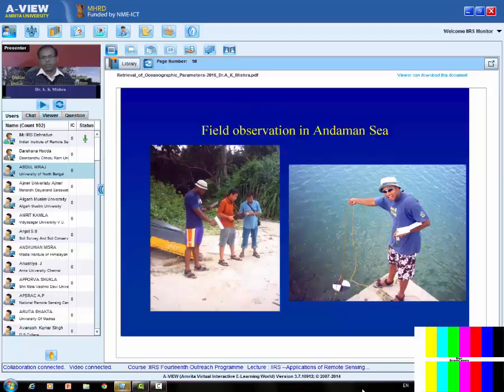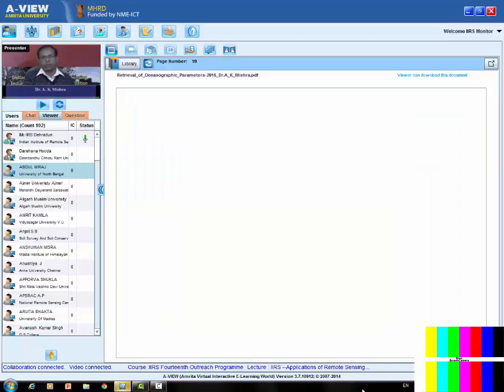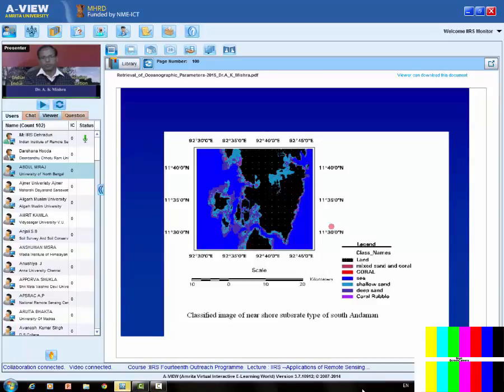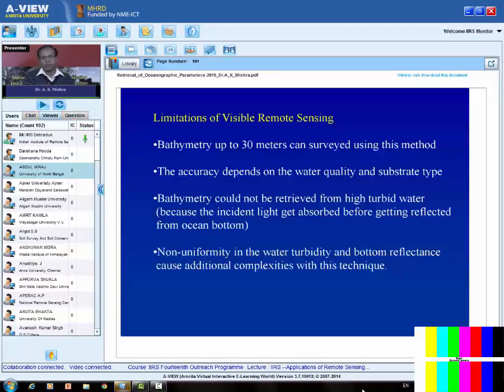And these are the field operations carried out in the Andaman Seas to map the underwater coral reefs using the TM data. And these are some of the maps of coral reefs around the Andaman Islands. So, limitation of visible remote sensing for bathymetric studies: bathymetry up to 30 meters can be